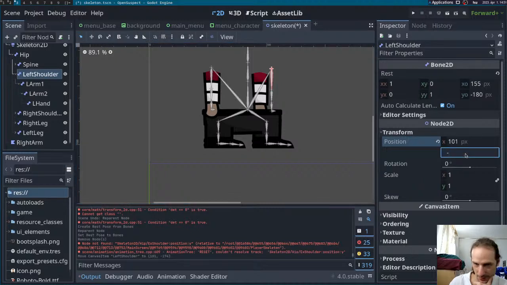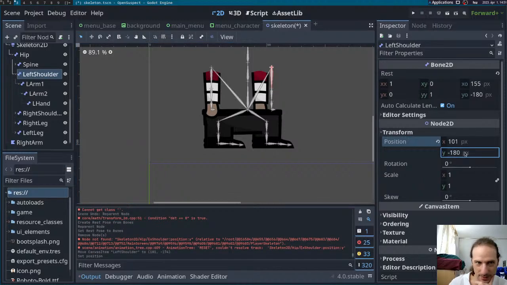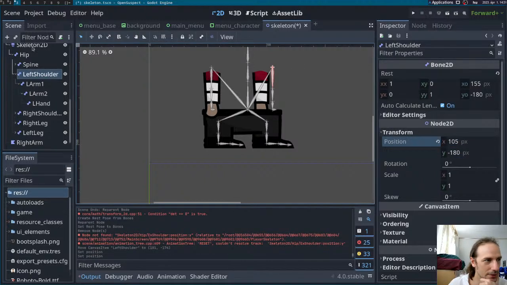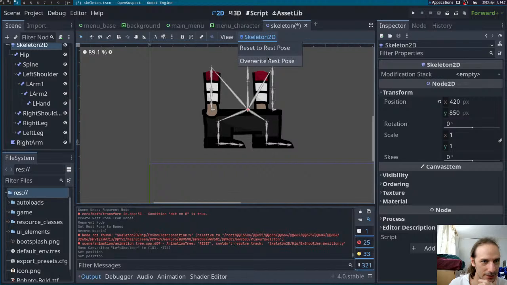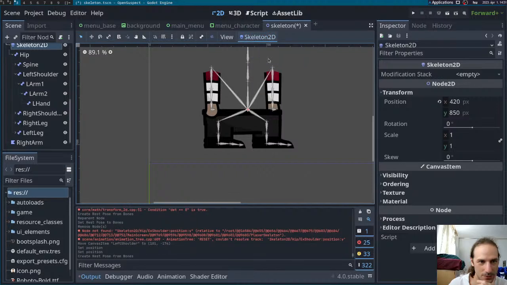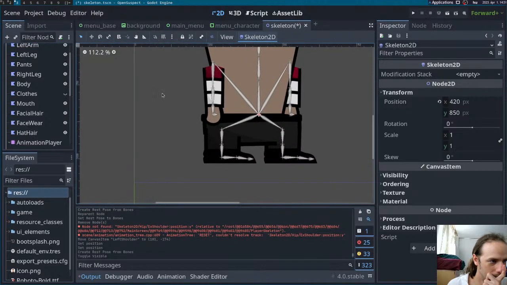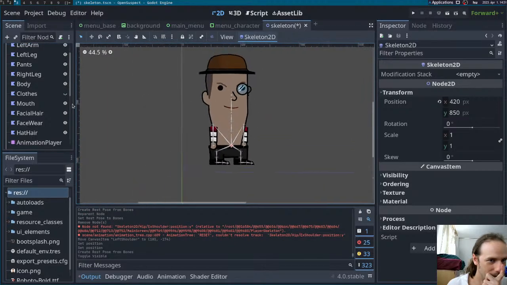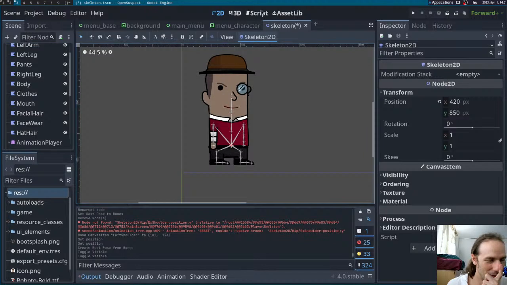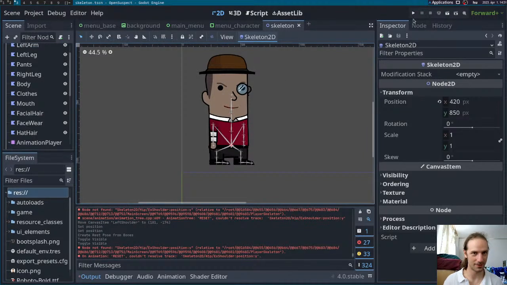So minus 180 will stay minus 180, and this one will be 105 maybe. Let's go skeleton and override rest pose. Okay. This looks fine for me. Yeah, okay, so now if I save this and run the project,